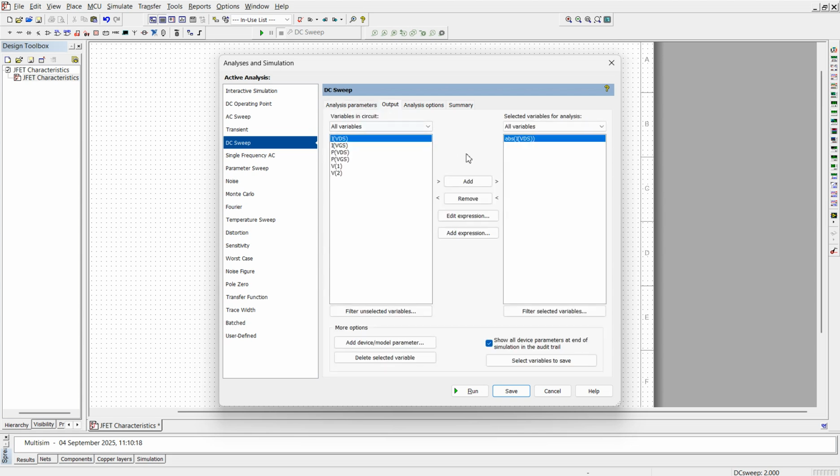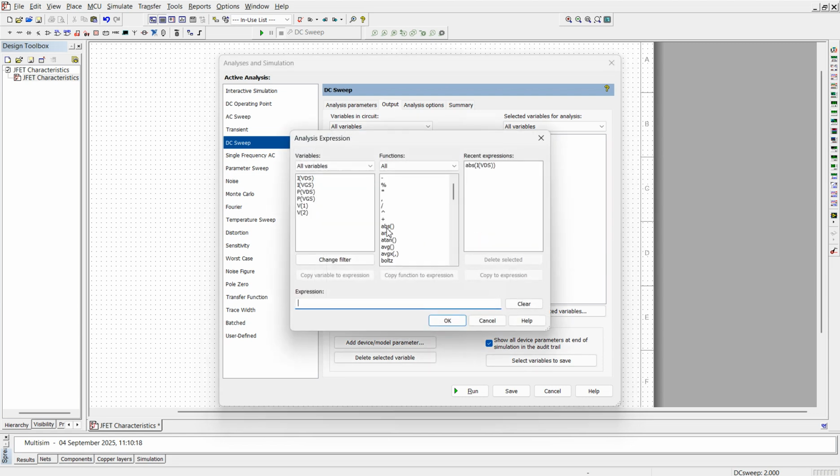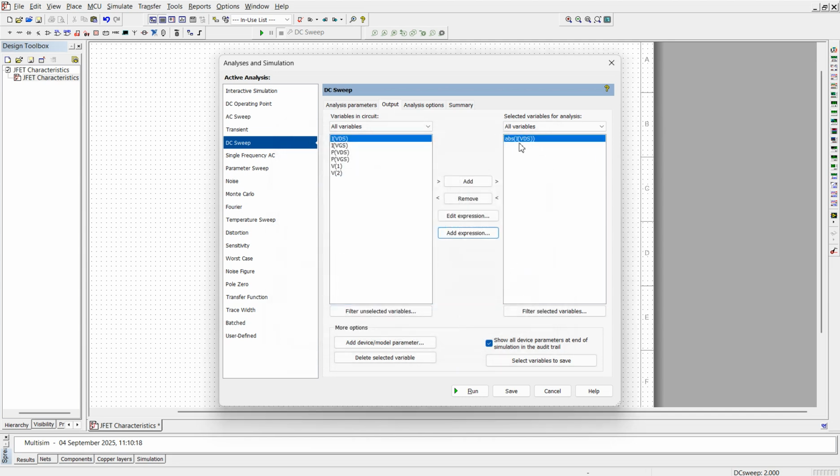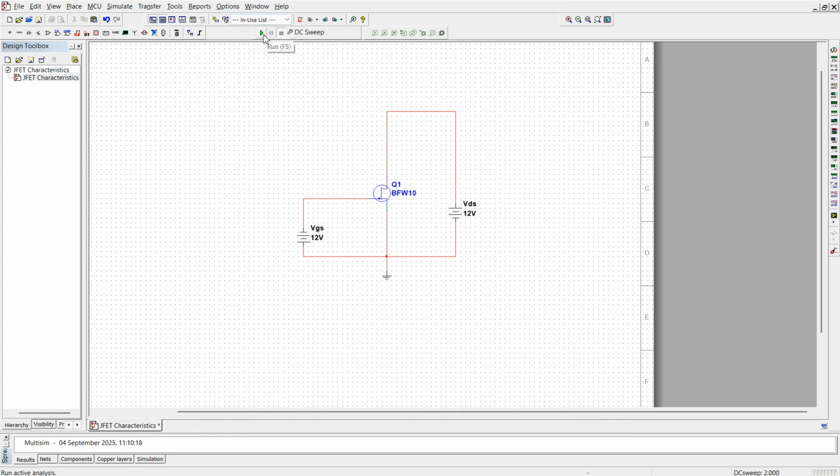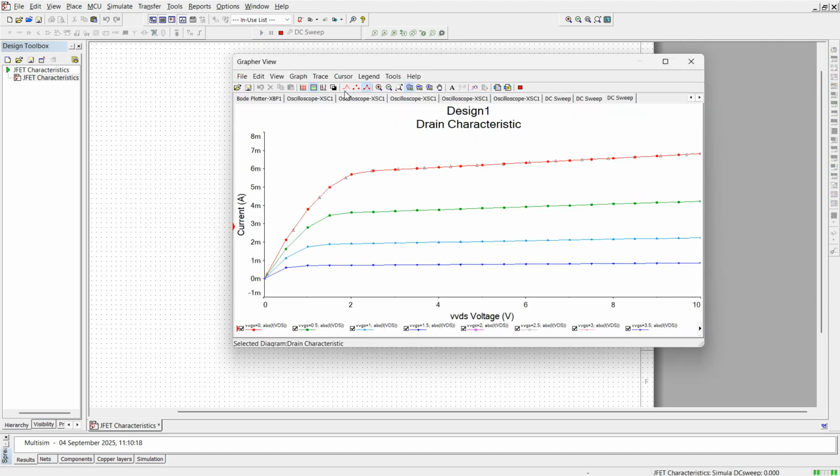Then I will go to the output. Initially, under the All Variables column, nothing will be there, so you have to add an expression here. I will be adding the absolute value of I of VDS. This absolute value is not available, so I will click on Add Expression, double click on absolute value, and double click on I of VDS. Click on OK. So, absolute value of I of VDS. Then save this. Now come to the Run button and double click on that one, so you'll be getting drain